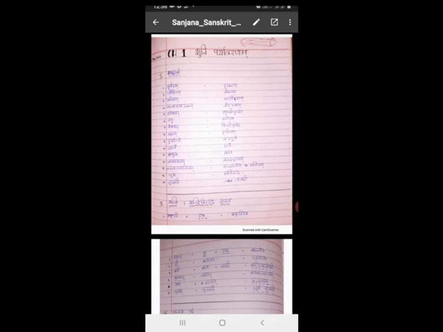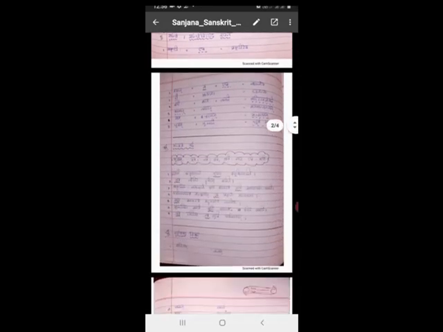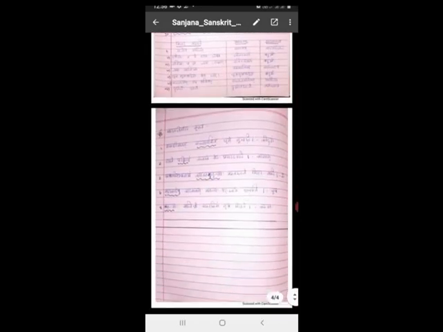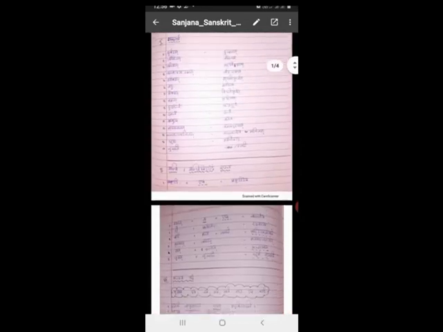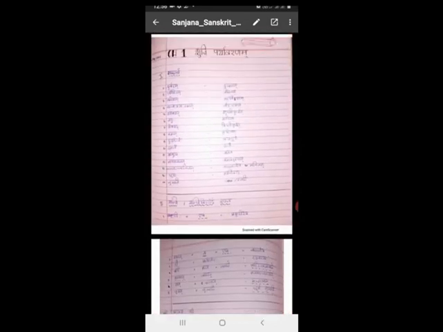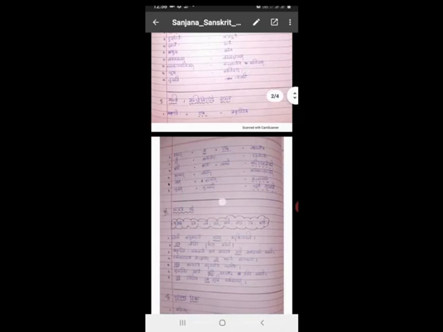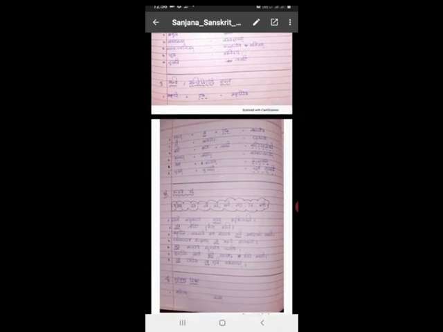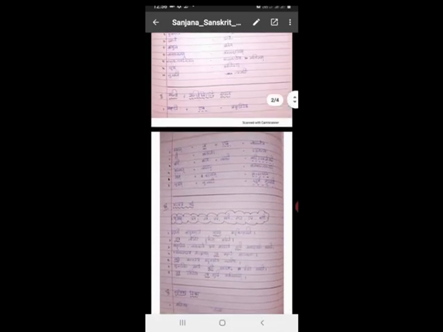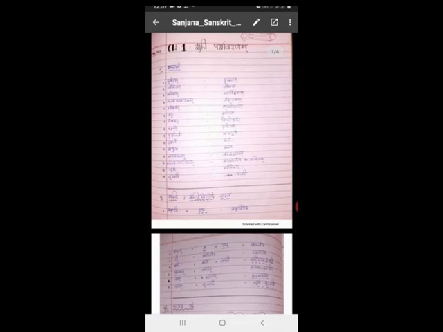see, I can see pages 1, 2, 3, 4 together. At a stretch we can correct all the pages together. Otherwise, after correcting one page, we have to save it, then open the second page, then again save and return it, then the third page. It is very difficult for teachers. So that's why tell them to send the notes as a single file.